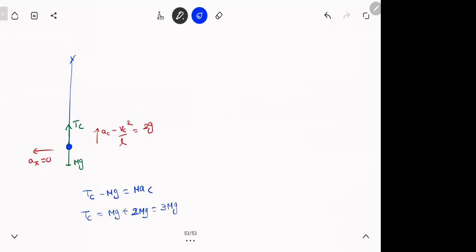So you see here the catch in the problem. Can you see what is happening here? At the lowest position, the person will feel as if the gravity has become triple. You feel your weight is 3 times the normal. Whenever you're on a swing, swinging to and fro, this is what actually happens with your body. At the highest point, you're freely falling, there is no weight. But as you're coming down, it becomes triple, 3 times the weight.